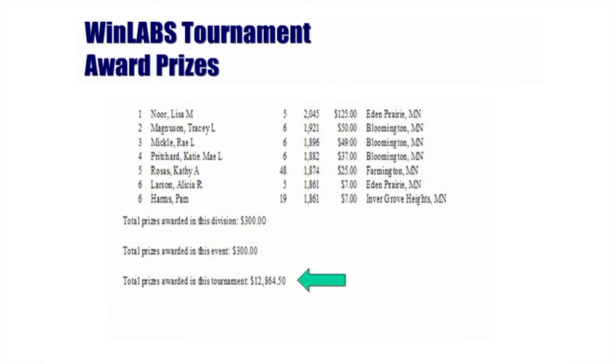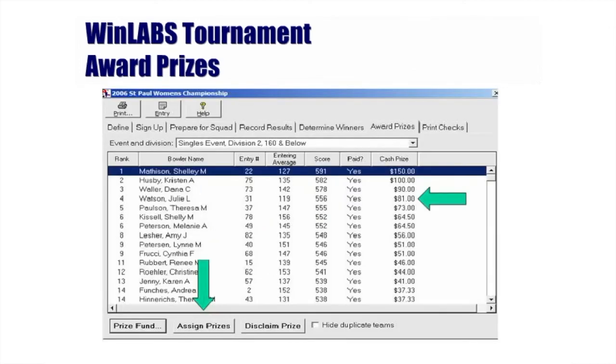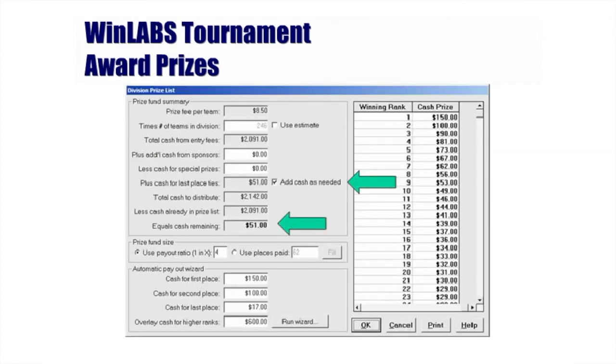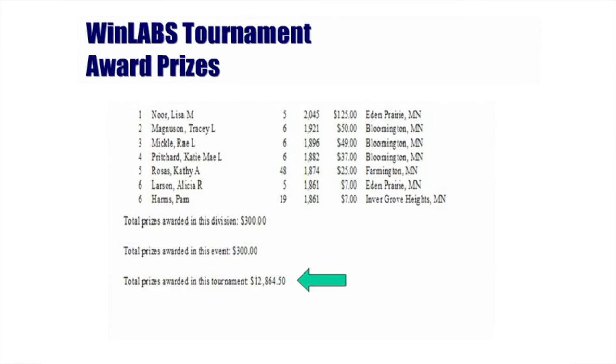You need to keep track of cash added to the prize list resulting from last place ties. This is best done right after you assign prizes to a division. As soon as WinLABS is done assigning prizes, you will see the amounts in the cash prize column. Click on the prize fund to see the tie situation. Because we indicated that we should add cash as needed for last place ties, you can see that $51 was added here. When the final prize list shows the amount that you were expecting, you are ready to go on